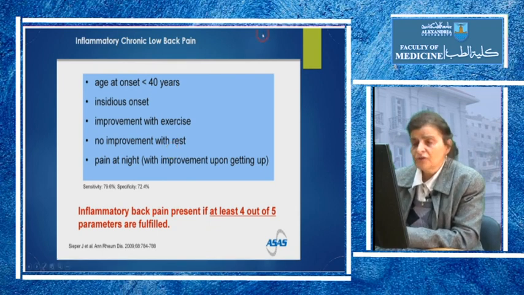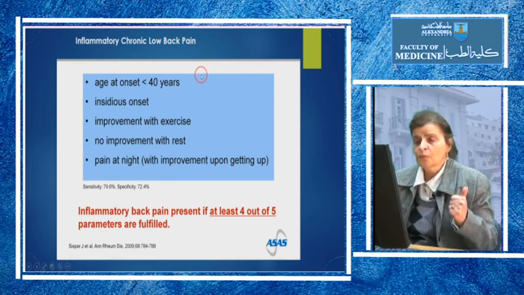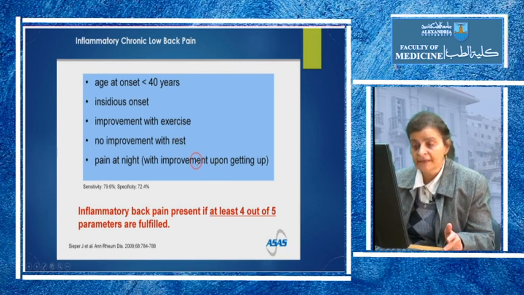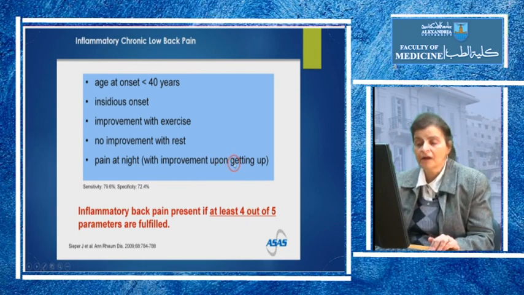So just to come back to the inflammatory chronic low back pain, what you need to ask your patient in the clinical round is, what is the age of onset of the pain? Is it insidious? Does it improve with exercise? Is there no improvement with rest? And does he have nocturnal pain? And if he has at least 4 of these 5 criteria,